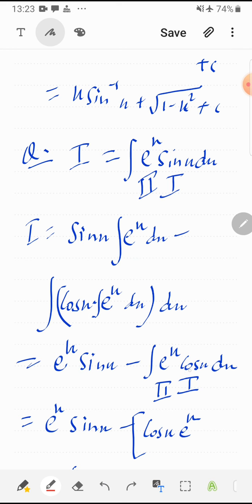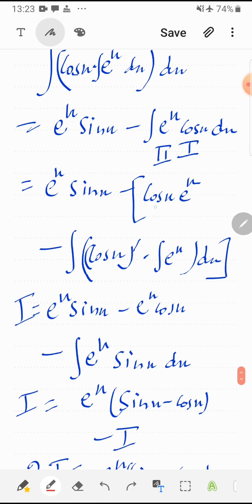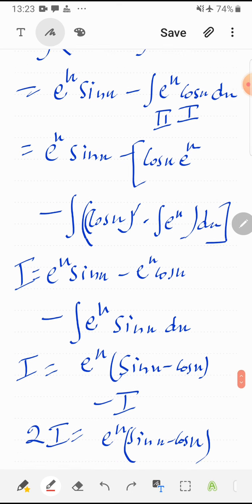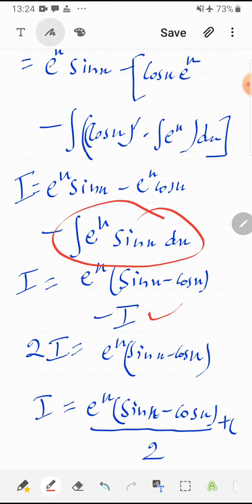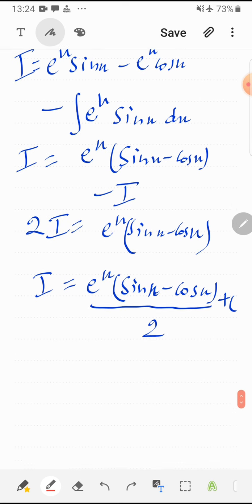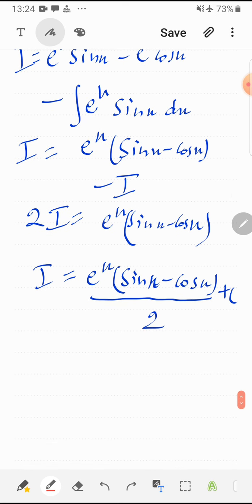Now again by parts situation is there, so I am applying by parts again. First function as it is, integral of second minus integral of differentiation of first function into integration of second function. While opening the brackets and simplifying the terms, we can see that again we have reached the starting question. For this purpose we have substituted this as I, so I am putting it here, and it becomes minus I. So minus I will be shifted to the left hand side, it is 2I, or I is equal to e raised to the power x in the bracket sin x minus cos x, whole upon 2, plus c.